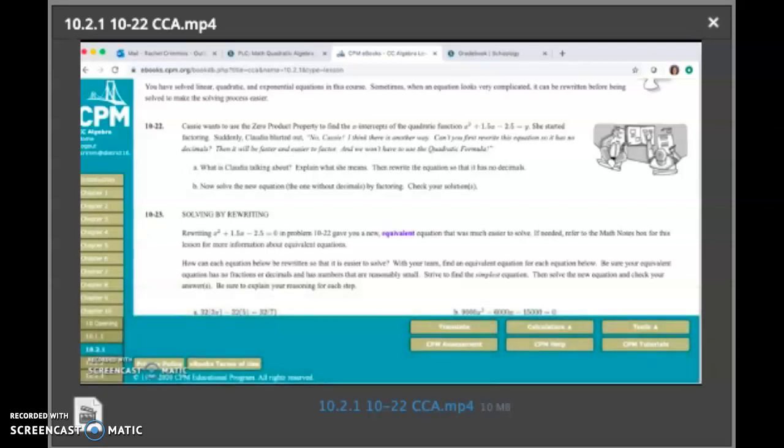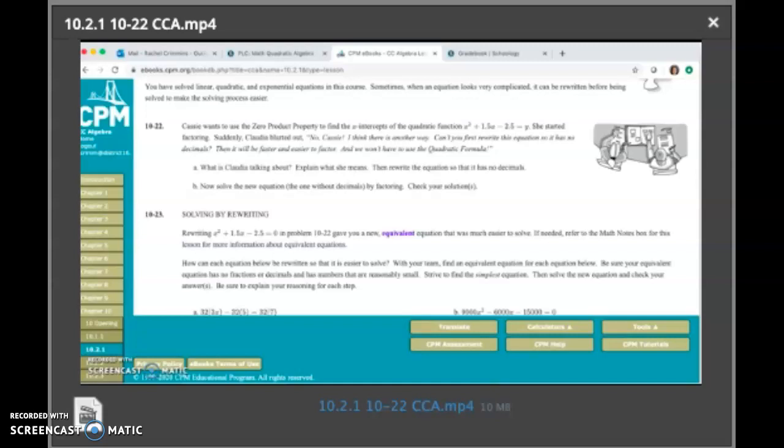Lesson 10.2.1, problem 10.22. In this problem, we are given the following quadratic equation, x squared plus 1.5x minus 2.5 equal to y. The problem says that Cassie wants to use the zero product property to find the x-intercepts of this quadratic function. She started factoring and then blurted out, and then Claudia blurted out,